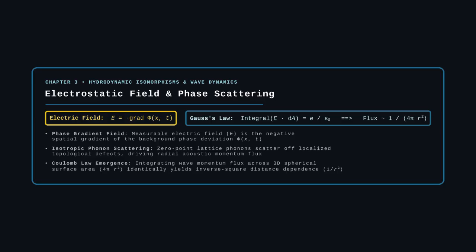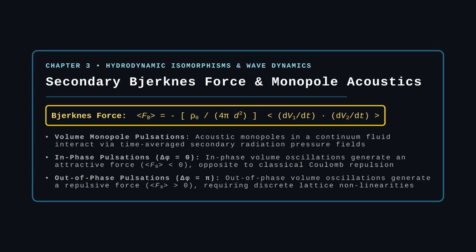The closed surface integral of E dot dA equals the charge, Q, divided by vacuum permittivity, epsilon 0. Because the 3-dimensional surface area of a sphere scales as 4 pi r squared, the isotropic flux naturally reproduces the inverse squared distance dependence, 1 over r squared, of Coulomb's law. Regarding the charge sign mechanism, in standard continuum acoustics, pulsating volume monopoles in an infinite fluid obey